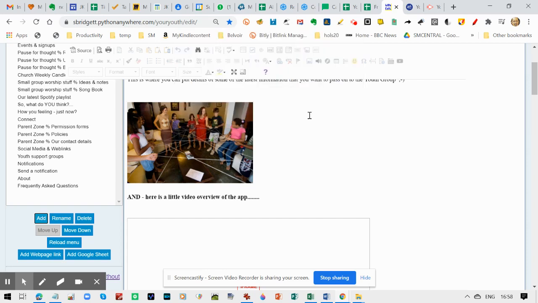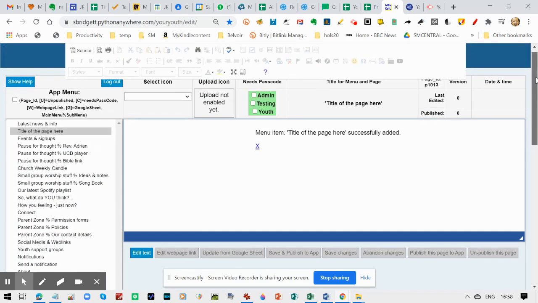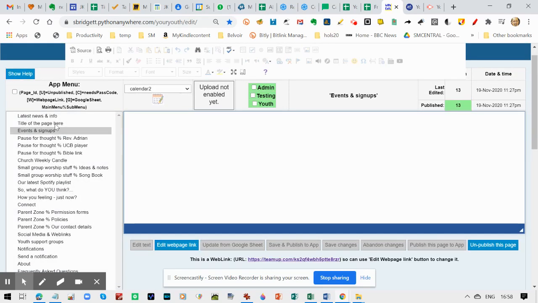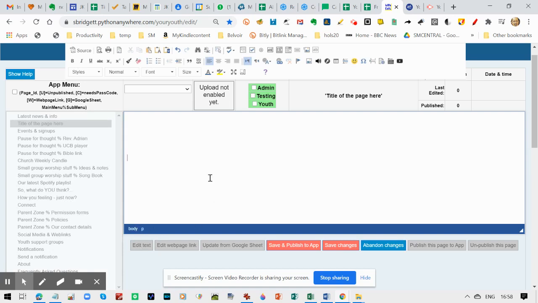And hey presto, you've now got a page called title of page here, and this is where you can add the content. But to do that, you have to click edit text, and then you're in the page where you can put the basic content of your page,